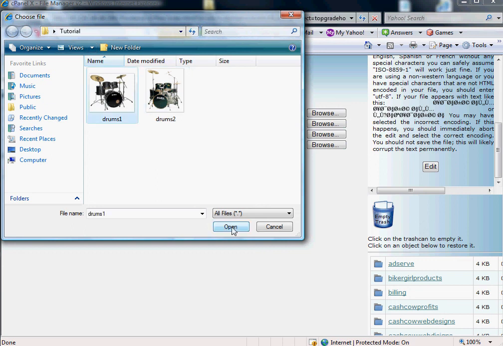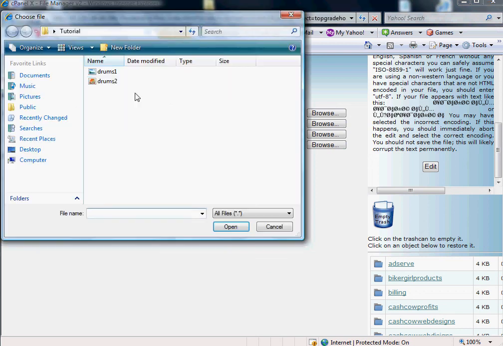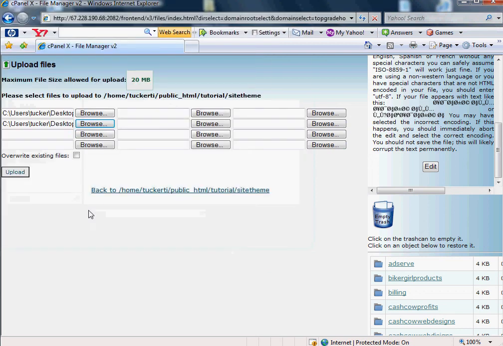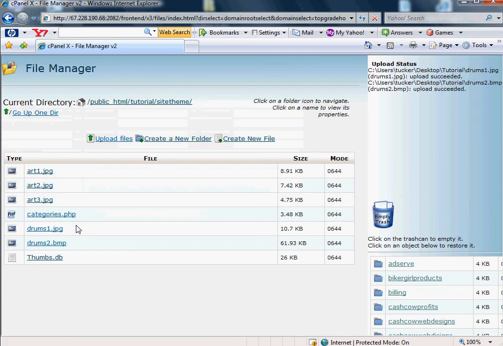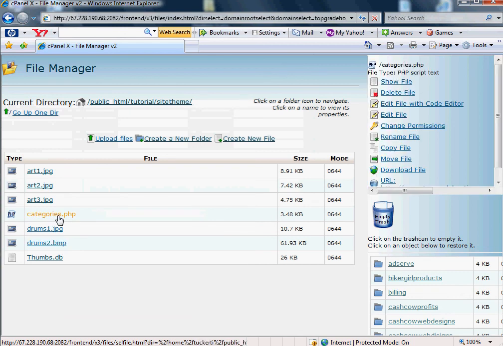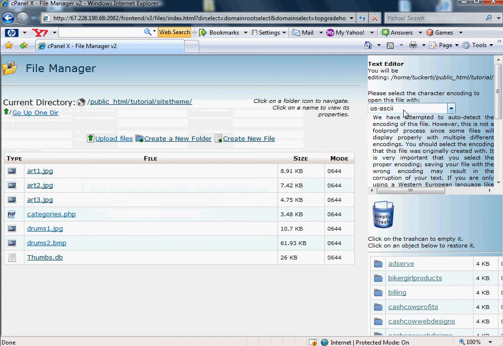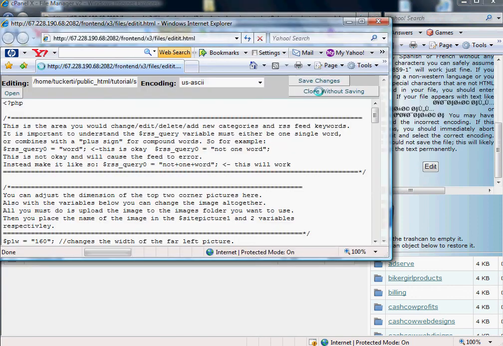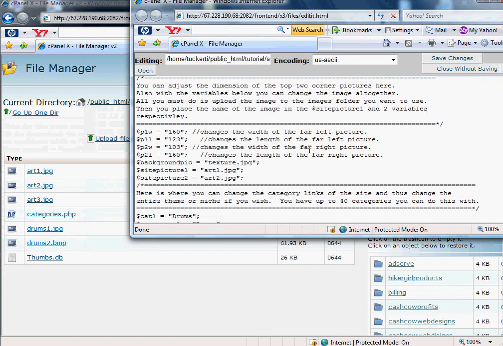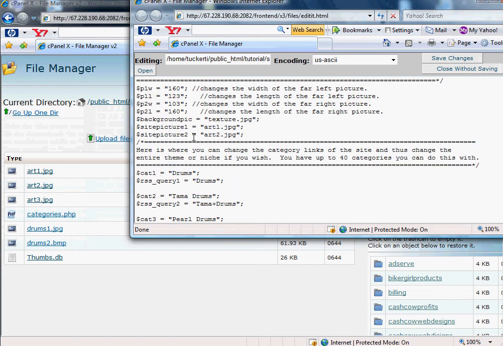Anyway, I'm going to want to upload the first picture and the second picture. I'm going to hit upload. And now we'll see drums 1 and drums 2. Open your category PHP file again. And you'll see in this middle part it asks you to specify the names of the pictures. So the name of the first picture is drum1 JPEG. And the second picture is